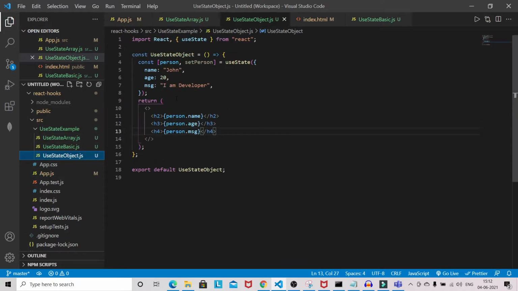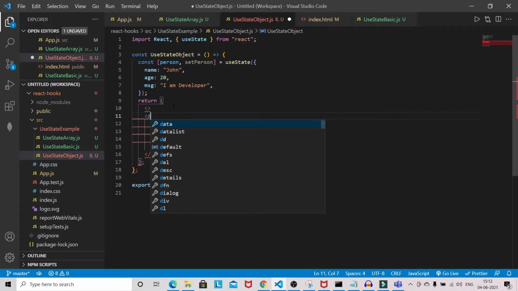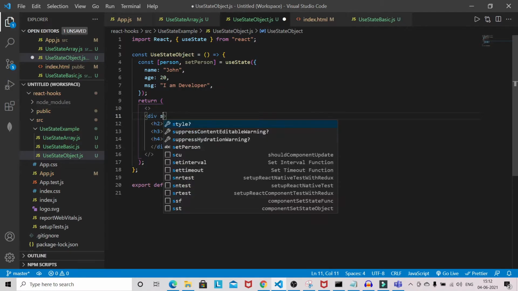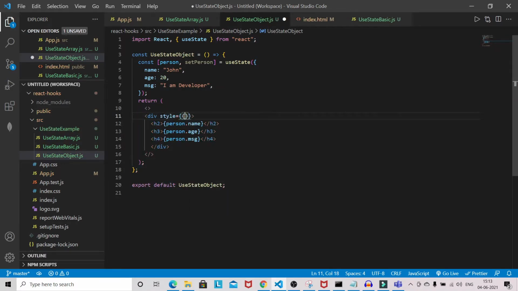Okay. So let's give some margin here. So I will use one div and give style margin top 20 pixel.